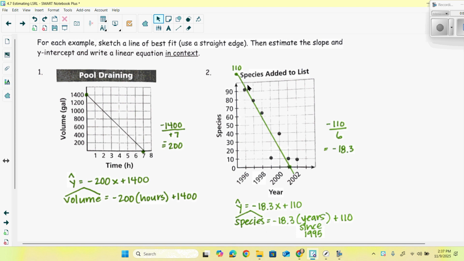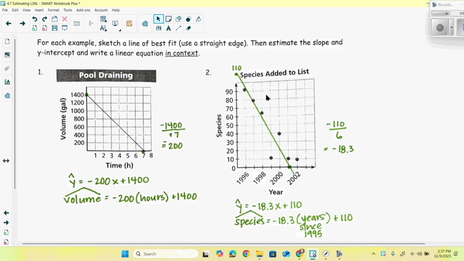So the endangered species are going down. This is good news. We're not losing species of animals. Anyway, looking at the data here, we would take out a straight edge, put in a line of fit, calculate a slope, and predict a y-intercept. So this line was put in. We predict this to be a 110 for the